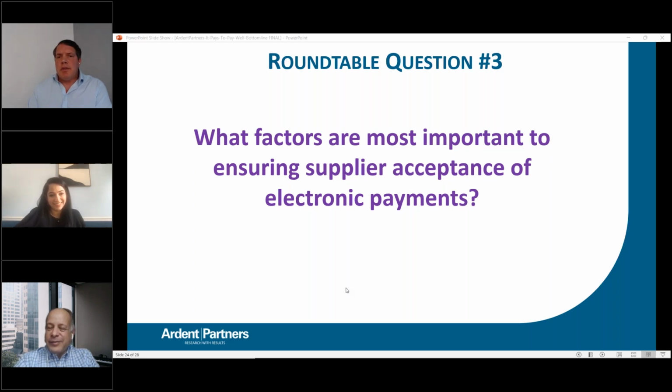I think the uniqueness comes back to my reference to certain verticals. I think there are certain industries that are pretty set in their ways of using what I would say traditional payment types. And so there is a level of apprehension, for example, let's just say in the healthcare industry, to actually move to that, possibly based on the perception of the cost of acceptance. And so one of the things that we've really tried to do over the last several years, and many organizations, including our partnership with Bottomline, have been doing